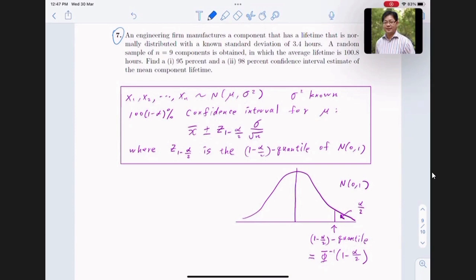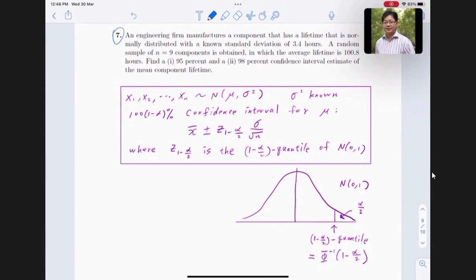It seems that you are not that familiar with this topic, so maybe I say a few words. Now, this is a topic about the so-called confidence interval. That means instead of using a single number to do the estimation, we provide a range of values. Now, first of all, it is based on the fact that if you have a random sample drawn from the normal distribution with an unknown population mean, but known variance, then the formula for finding the confidence interval is given